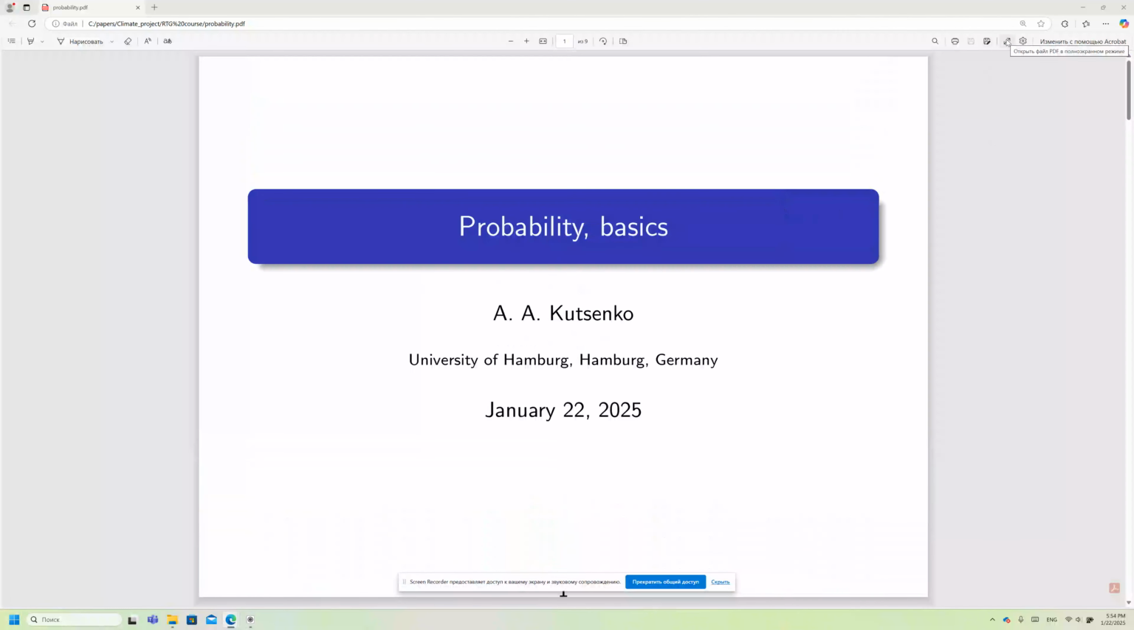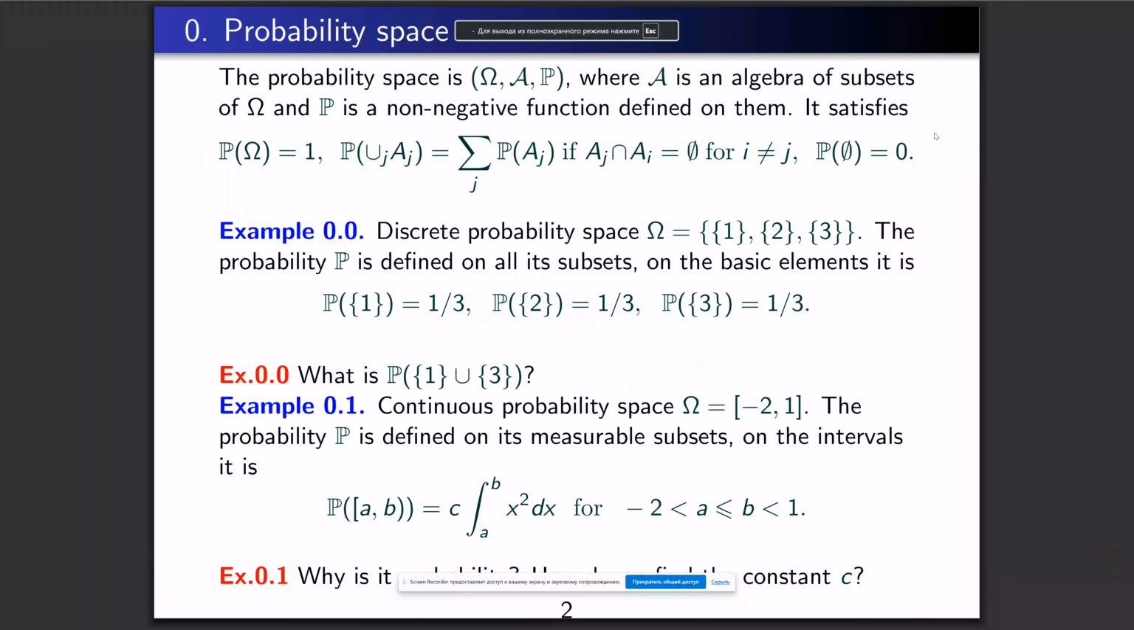Probability basics. The probability space consists of three elements: the set omega, the algebra of its subsets A, and some non-negative function P defined on the algebra of the subsets. It satisfies the standard properties. Probability of the whole space is 1. Probability of the disjoint union of the subsets is the sum of the probability of the subsets, and probability of the empty